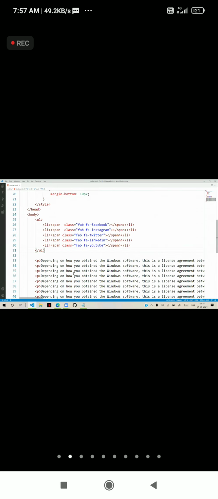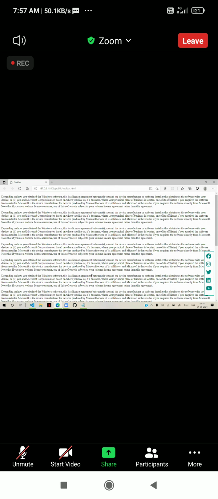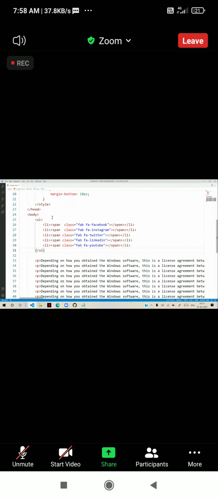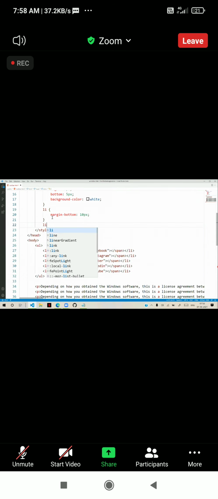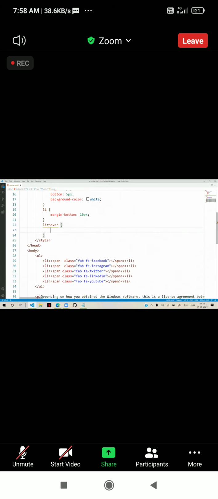So this is just how you want to keep your content and display the content. And you see, observe here, many times when we move the mouse pointer onto it, a hand symbol comes. Actually, that we can design. For example, see, list item LI, we have an option called hover. List item hover. Hover means when the mouse pointer is over. Actually, hover is a class. This class can be implemented by using a colon. That means list item inherits a class called hover.